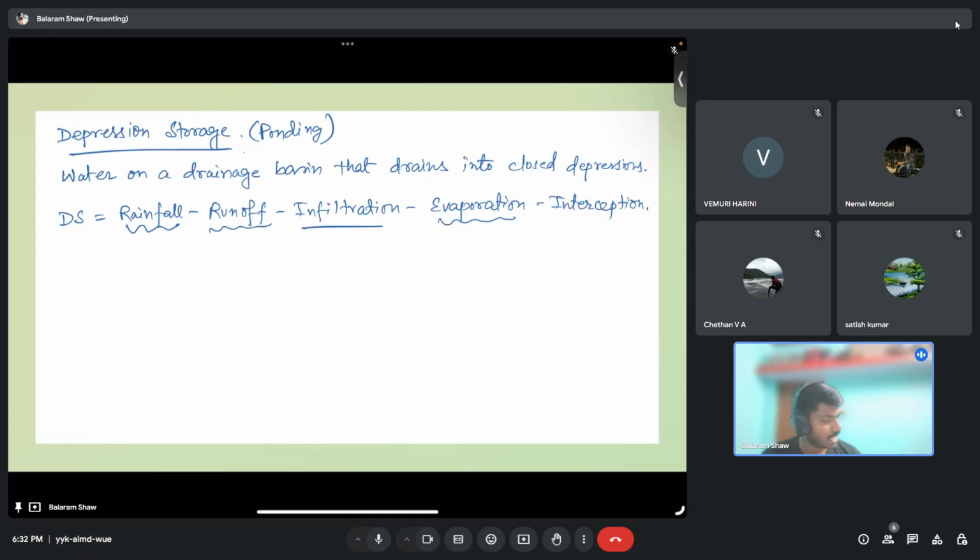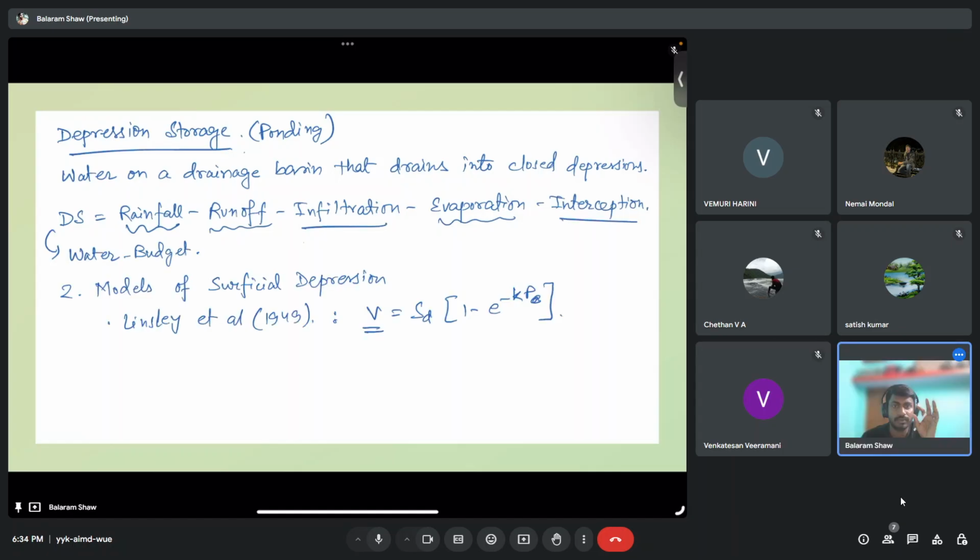Now, from this equation, if the precipitation excess is very large, we have a very large value of precipitation excess. Can you tell me how much will be V, or the amount of water that will be stored at a time t? From this equation, if you have a large value of excess precipitation PE, what will be the value of V, or where will it approach? Anyone?